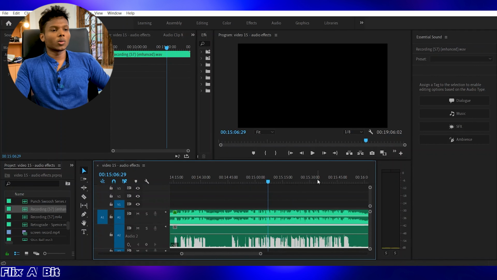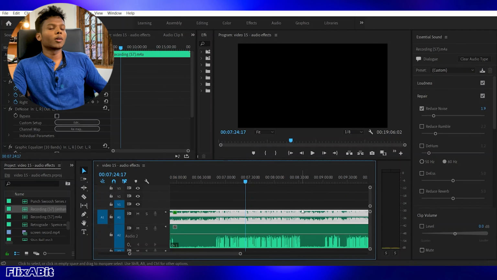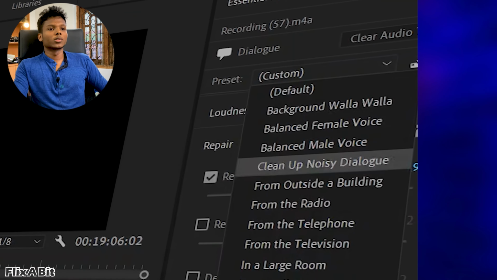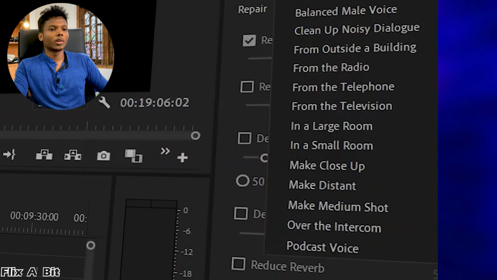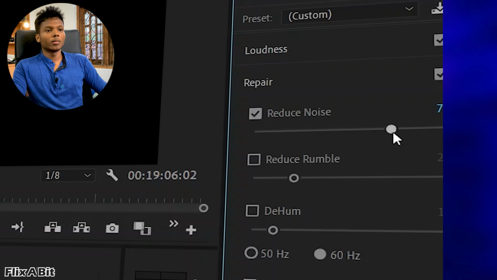So if you have a speech audio which has terrible noise and other sounds like this one, you can use this to create a good quality sound like this. If your speech audio has very little noise and very little reverb, you can use these effects to create the audio you need. There are so many presets also, so you can use these to create the effect that you need in your audio. But don't try to overdo these things, because if I try to have a high value in this reduce noise effect,